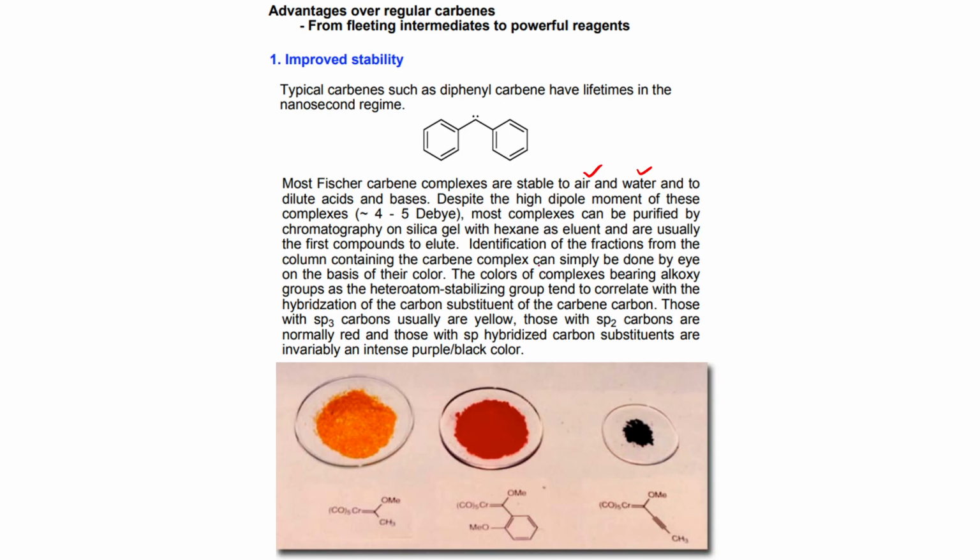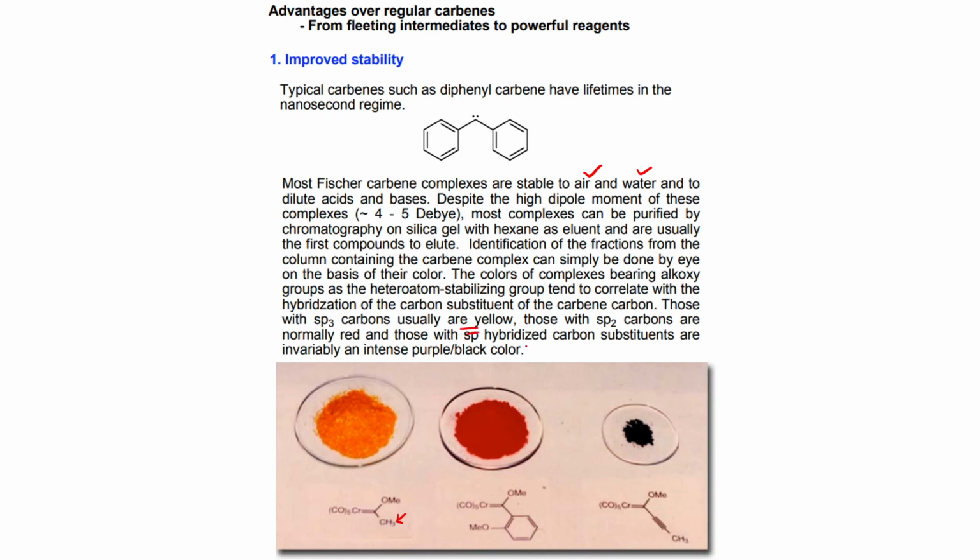So they are actually having distinct colors for different systems. Here you can see some of them. Those with sp3 carbons usually are yellow. Here you can see that the carbene is attached to your CH3 group, so it is an sp3 carbon. For this kind of example, they are actually